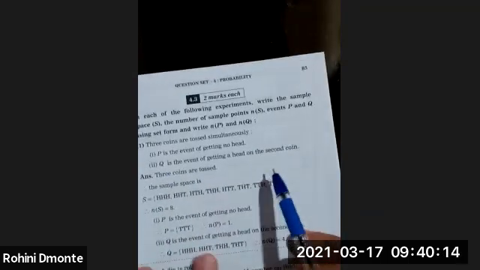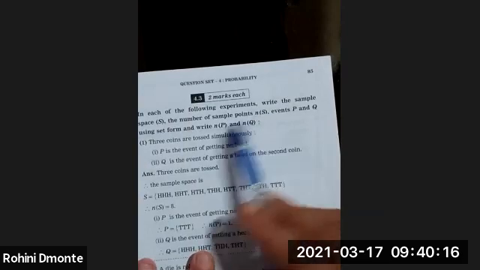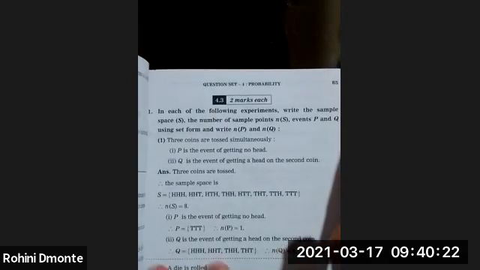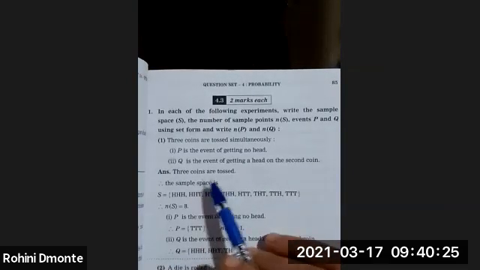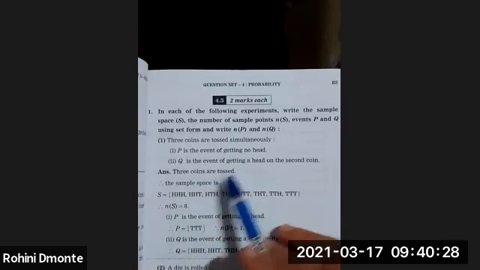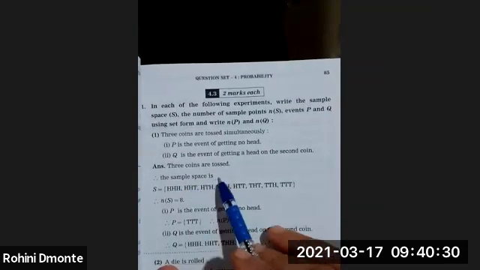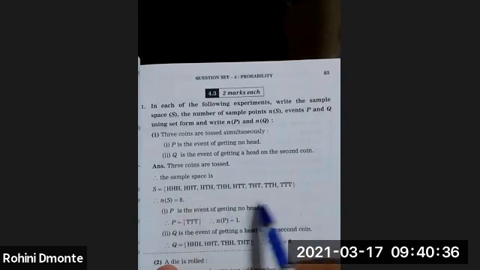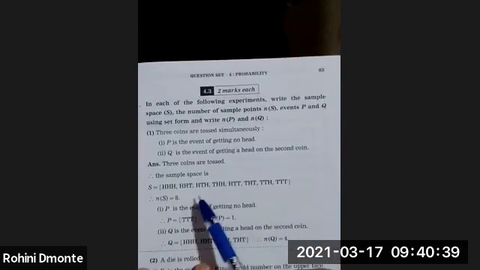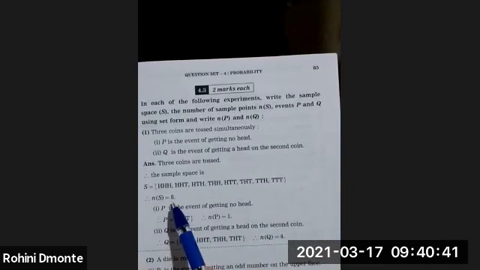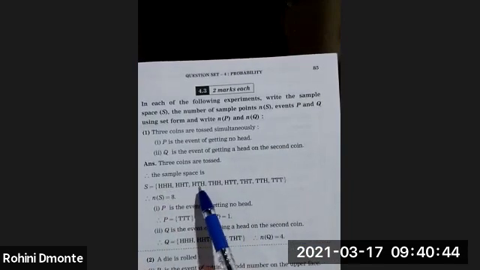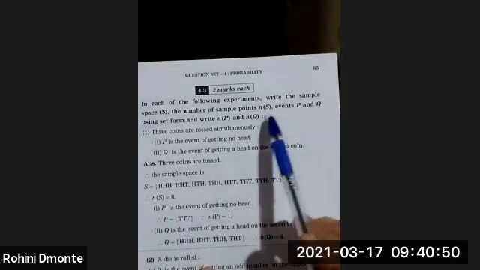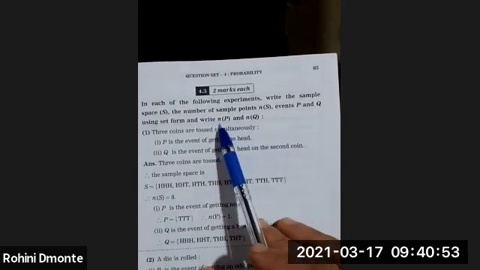Now, first of all, what do we need to find out? Sample space, right? Sample space means all possible outcomes you need to write in the sample space. Now, how many coins are tossed together? 3 coins are tossed. So the sample space is coming as, see, either all heads come together or all tails come together, or there will be a combination of head and tail like this. So in all, when you count together, you will get 8 sample points. 1, 2, 3, 4, 5, 6, 7, 8. So how many sample points are coming here? 8. Now what is the next question? What do you have to find out? You need to write for what?